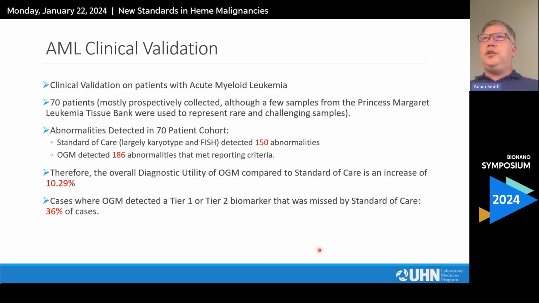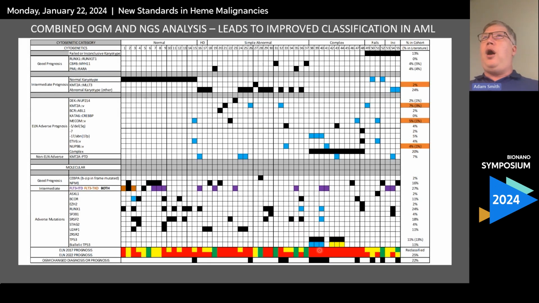And so I'd like to show you this data in the form of an oncoplot. Basically, these are the cases across the top. This is the category of the karyotype as it was originally classified. And then these are the cytogenetic and molecular abnormalities as they are currently classified in the 2022 European Leukemia Net